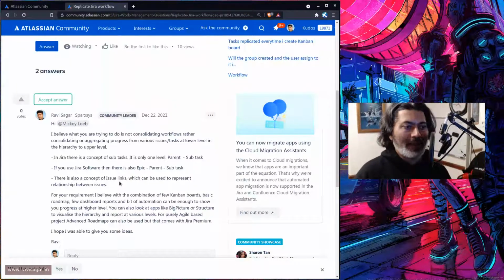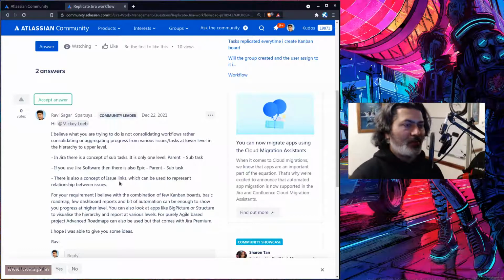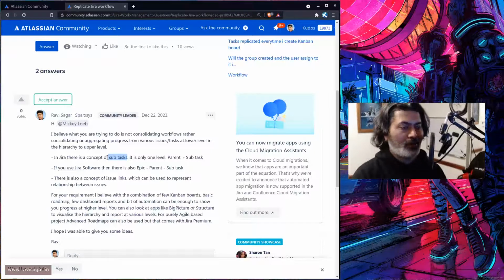Now, when we talk about breaking up activities in Jira, we have this concept of subtask. There are a couple of ways when you have to break up your big activity into a smaller activity. You have the option to create a subtask in Jira, and you can have as many subtasks as you want.